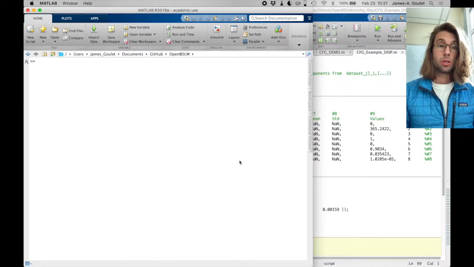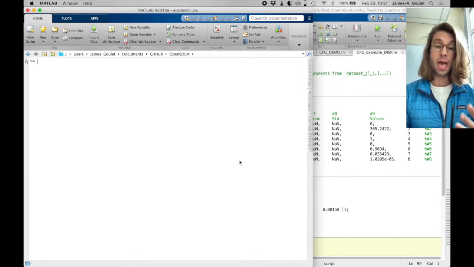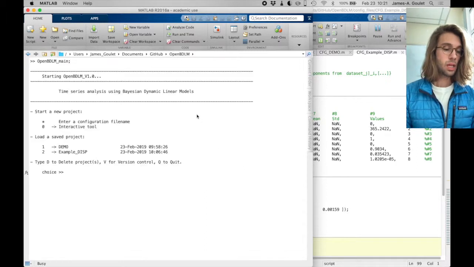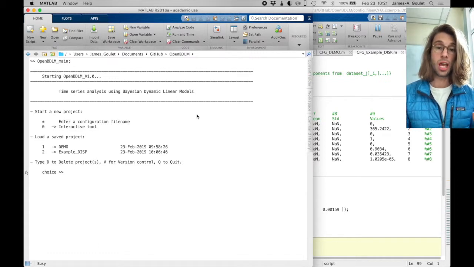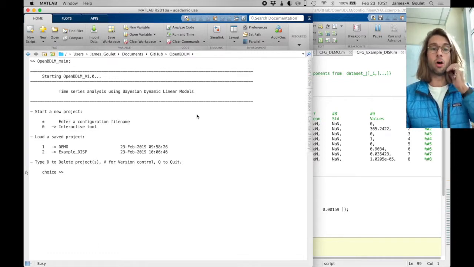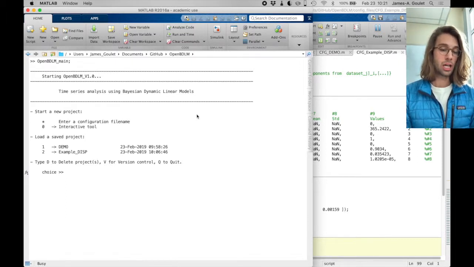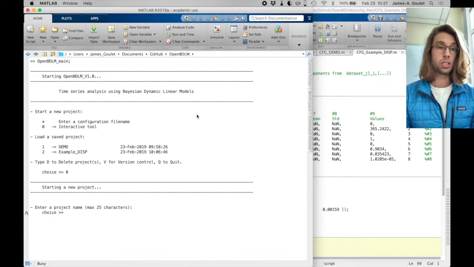We're going to look at the second example in OpenBDLM, where we're going to explore how we can have dependencies between several time series. So first step, we're going to start OpenBDLM, and then what we want to do is to create a new OpenBDLM file through the interactive tool. So we're going to type 0 to load the interactive tool. So what is the project name? Here we're going to call it example_distemp,